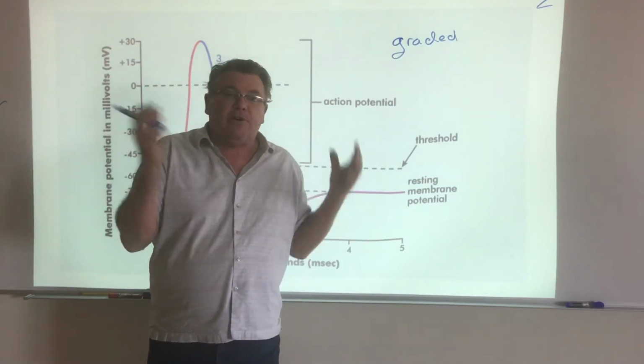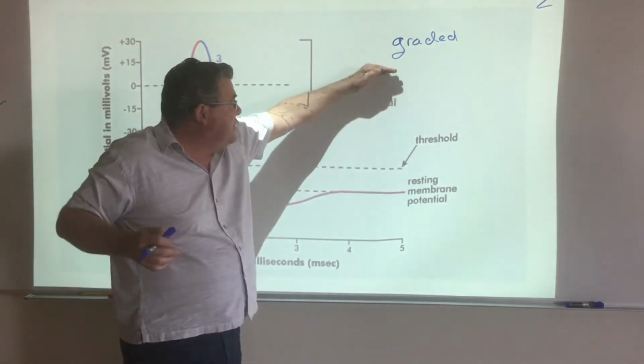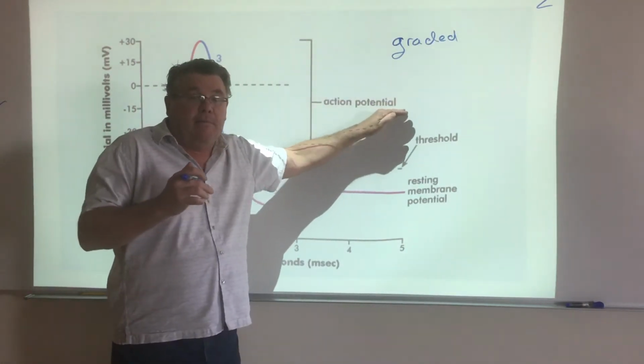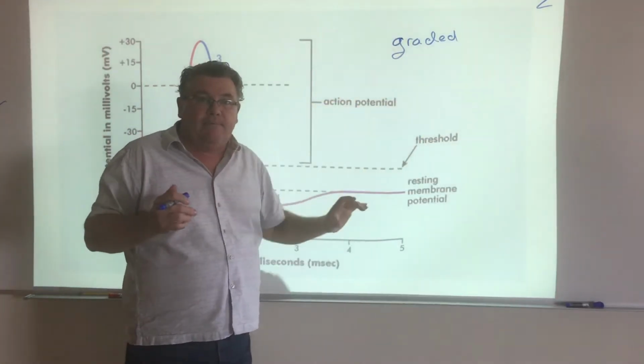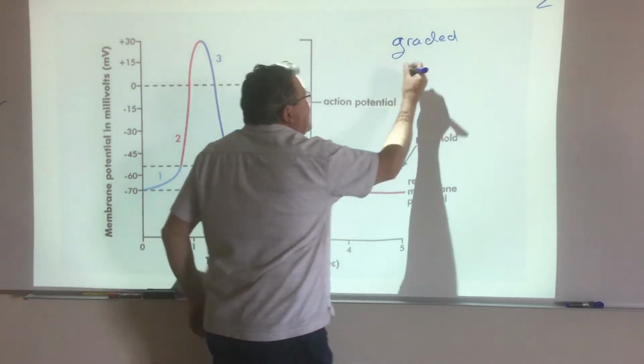So picture all of this input from all of these different neurons. It's not just one neuron talking to another. It might be 500 talking to one. And what's going to happen is they are going to generate what are called